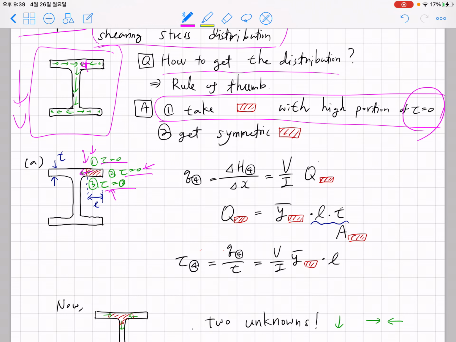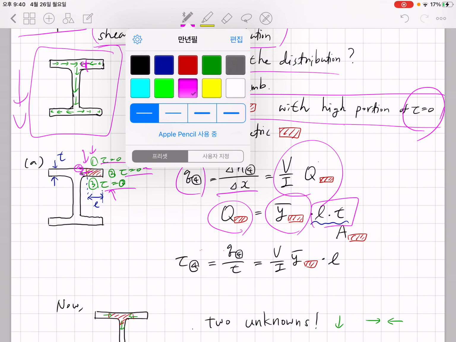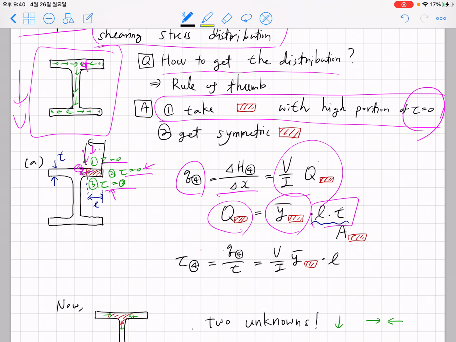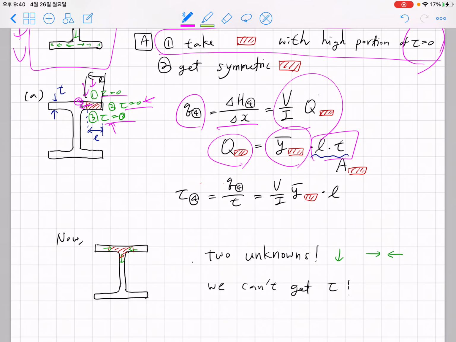Okay, so if you consider your Q at area 4, it must be delta H over delta X, and you can apply V over I Q, the red area integral. Q for the red area integral is the centroid position multiplied by area, which is L times T. The L is the distance from the end of the flange. Okay, so you can obtain tau by dividing q by thickness t, and the answer must be v over